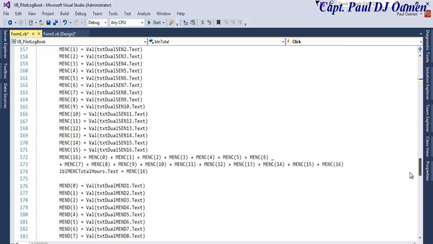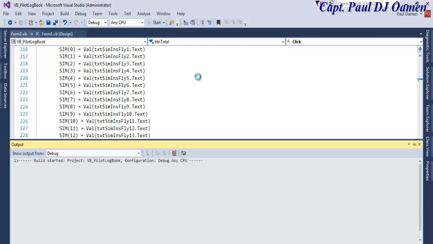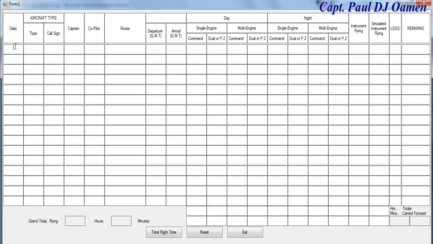So we will now try out the program and see how it all works. So let's run it and see. First things first, we must enter a flight date there. So let's say it's on the 14th of May 2017. Then aircraft type, let's go for maybe Airbus, maybe 310, and the registration number or call sign, we can call that Bravo Golf 099, and captain, let's say it is Captain Mohammed,